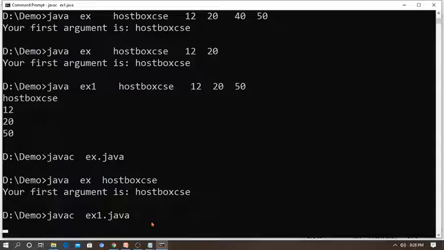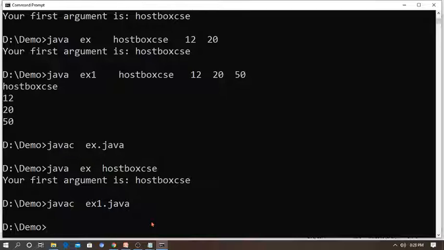So don't forget, whenever you try to use this command line program, when we have to run the program, if there is no compilation error, we can pass the values. So I am going to pass, I am going to just write 12, 20, 30, 50 and 60 like that.